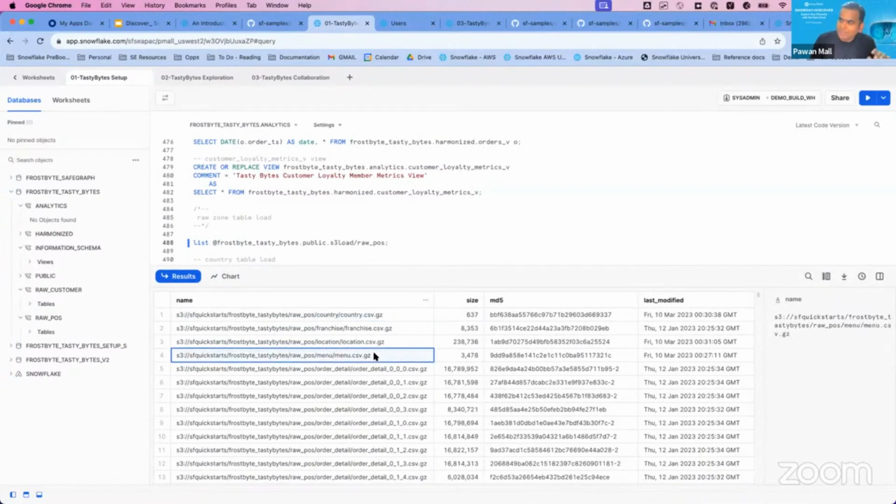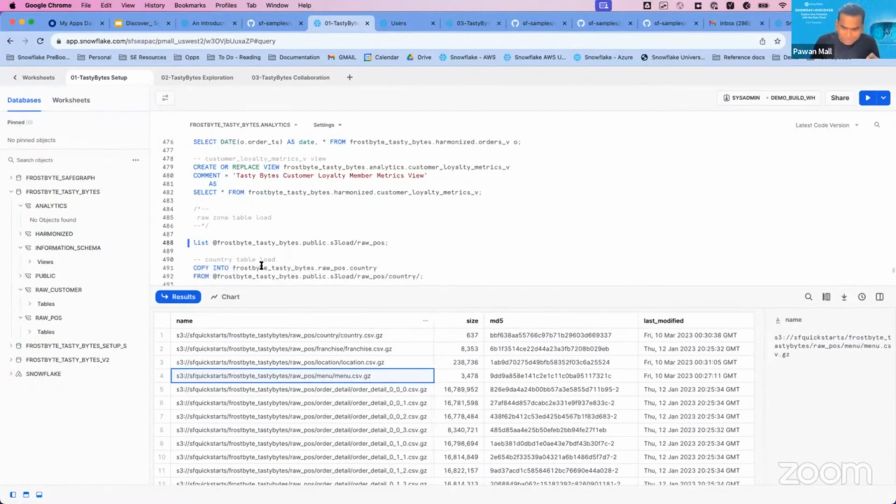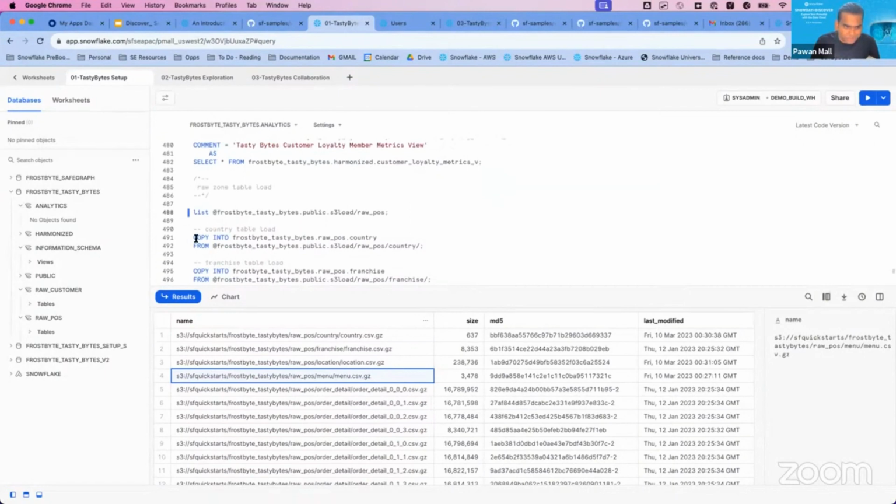These are all the data sets present for Tasty Bytes. What the Tasty Bytes analytics team is trying to do is bring all this data into Snowflake, create some views, create some model layer, and then do some reporting on top of it. So the first thing I'm showing in this demo is loading all this data into the Snowflake platform.